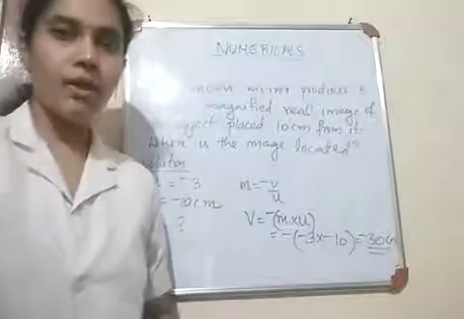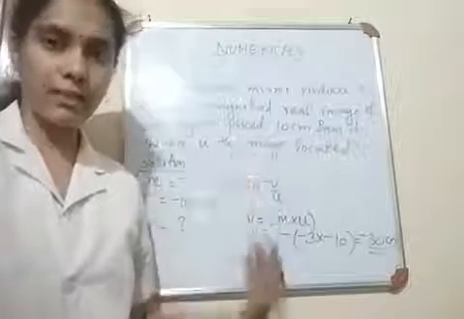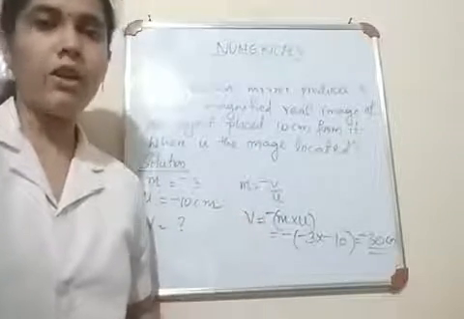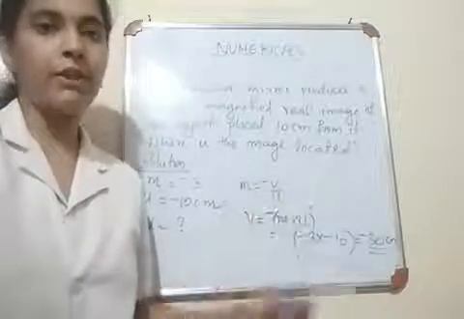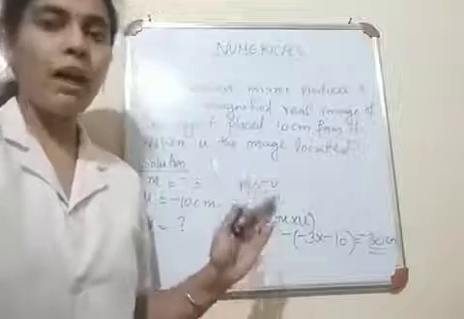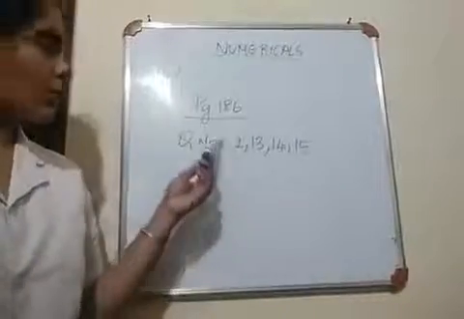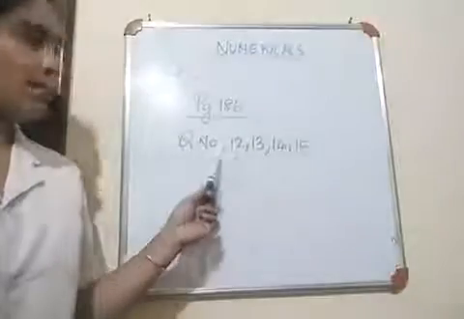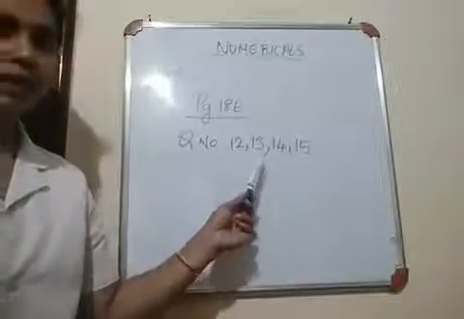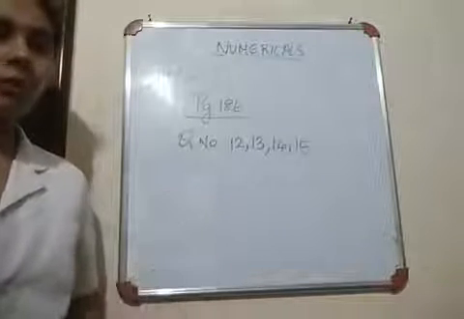Okay. So some numericals will be there, and so many numericals are there in your NCERT textbook. So I will note down the page number and the question number in this session. Do it as homework. If you have any doubt, make a call and clear your doubt. Children, this is your homework. Page number 186 of your NCERT textbook. Question numbers 12, 13, 14 and 15. So please take a screenshot of this and do your homework.